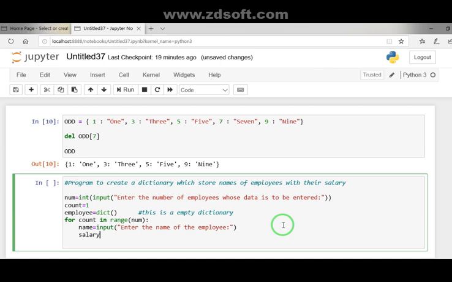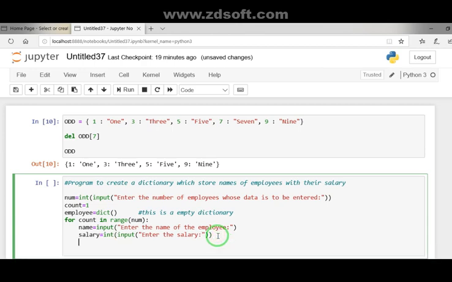Salary is equal to, because salary should be of integer type, that's why the conversion is required here. So enter the salary of the employee. Fine. Now students, next one more important step is that